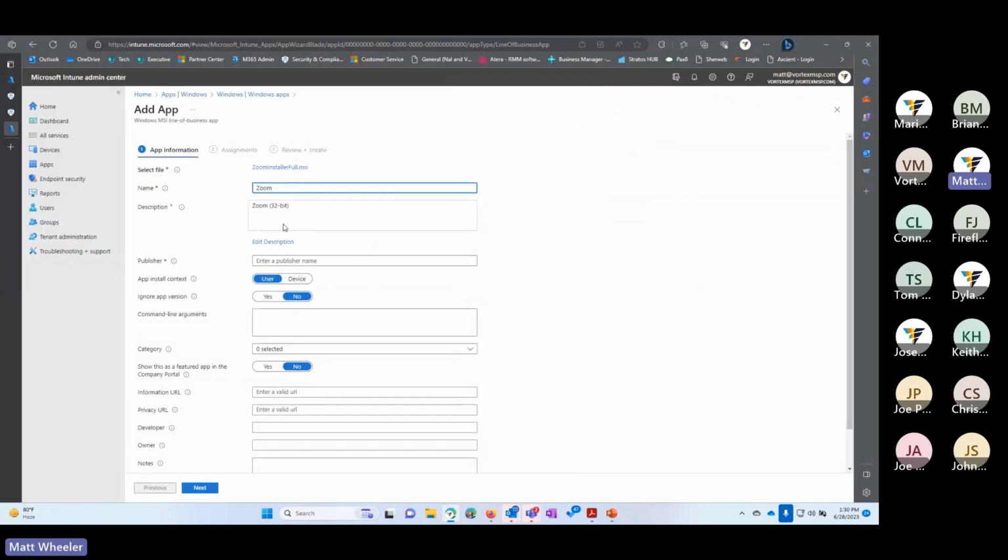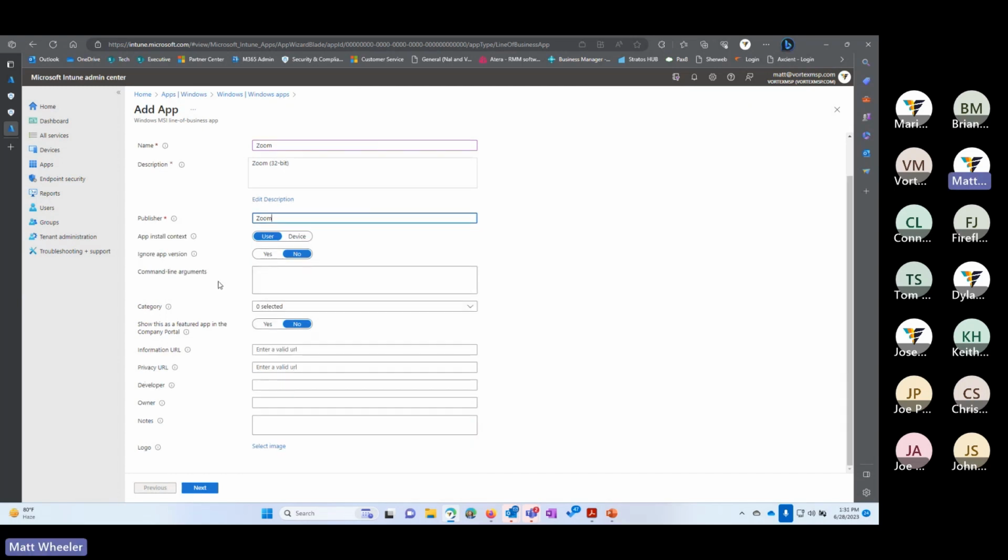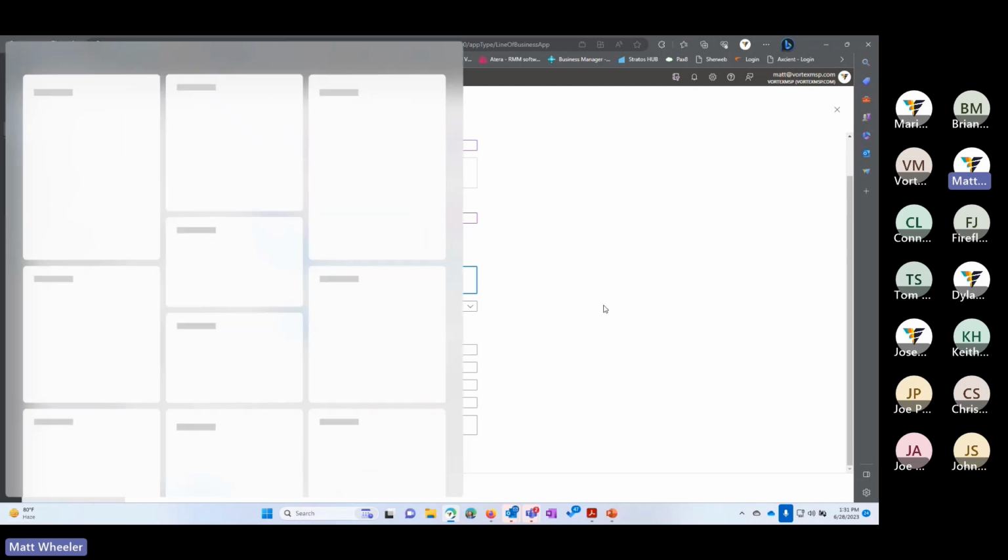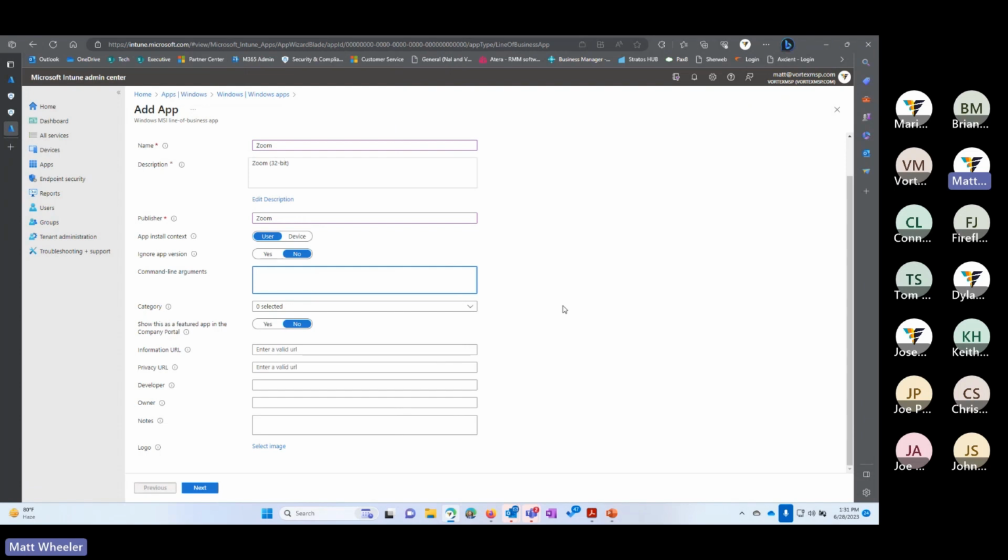You can see here, I'll just call it Zoom. I don't need to know specifically that it's 32-bit. Zoom is the publisher. You can add command line arguments. So for those of you that are administrators, if any of you on here are, command line arguments allow you to quietly install an application, possibly using -Q. You can make it silent. The command line arguments, typically you would find that information provided from whoever's providing you with that installer. So for example, Zoom on their website might tell us, hey, if you want to mass install this, this is what you should do. Otherwise, we're going to leave it the way it is.